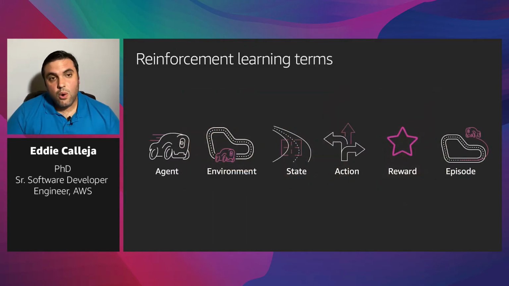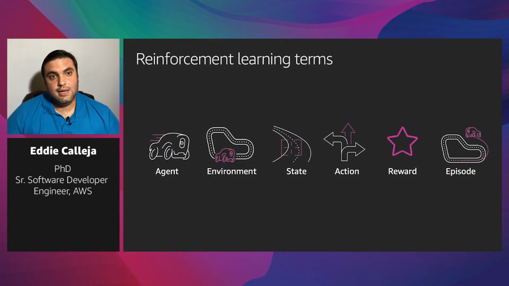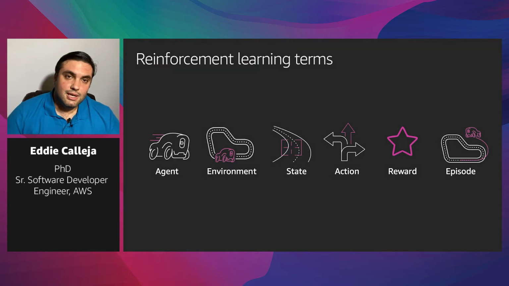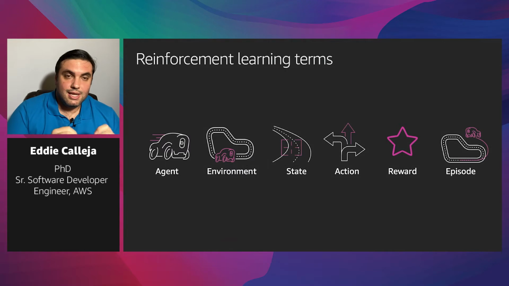So in order to really dive into this a little bit deeper, we need to introduce some terminology. And as you're going to see, this terminology shows that we scientists are terribly creative people, and by that I mean we're not creative at all. So the first thing is the agent, and the agent in the AWS DeepRacer paradigm is just the car. But broadly speaking, in reinforcement learning, the agent is the thing that is making decisions, that's really being driven by the reinforcement learning model.